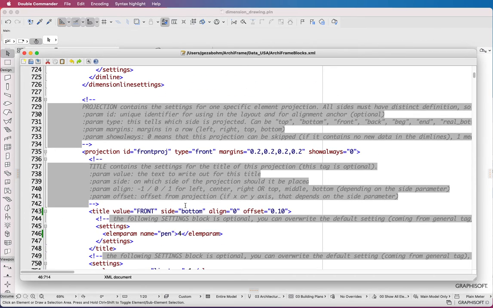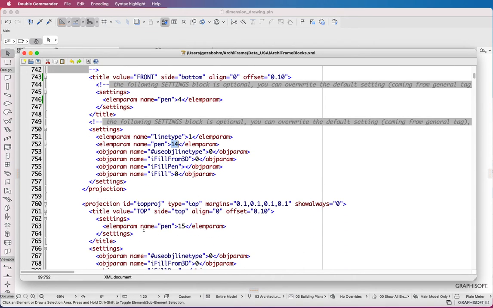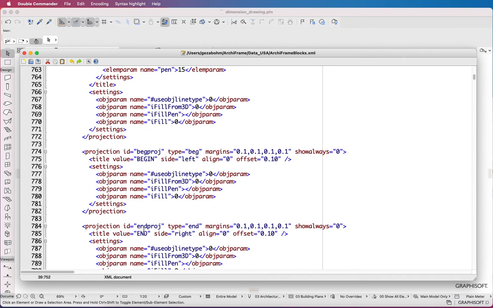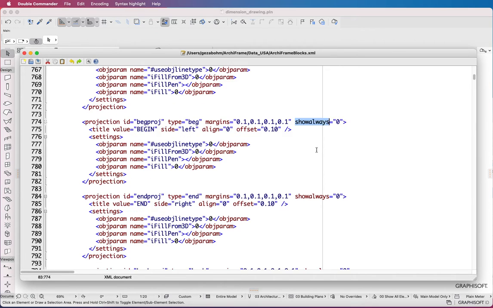Each projection has its own set of parameters. Positioning, the title, color, and so on. Note that we have a show always parameter as well. This is to force to display a projection.